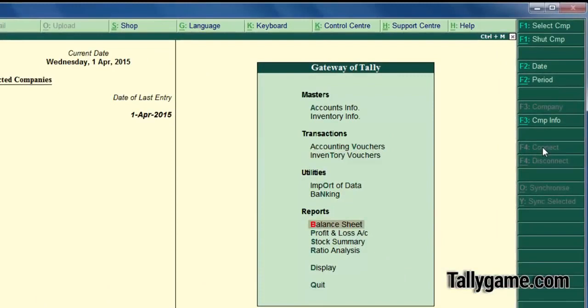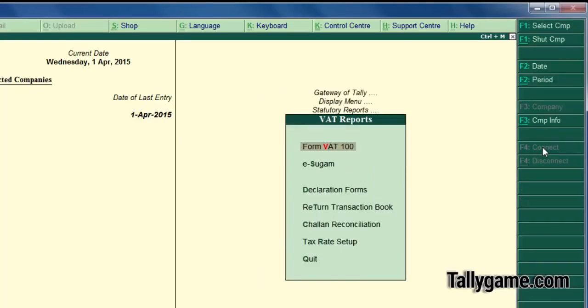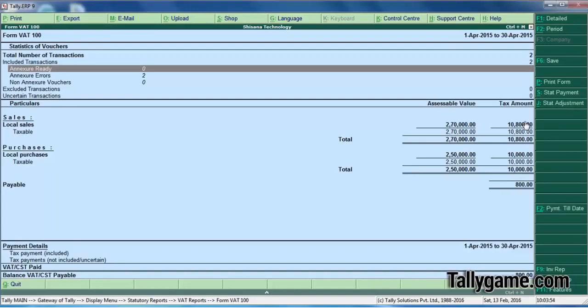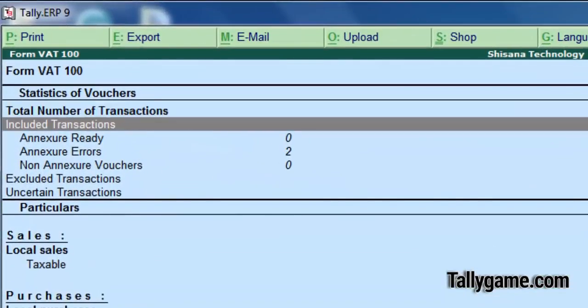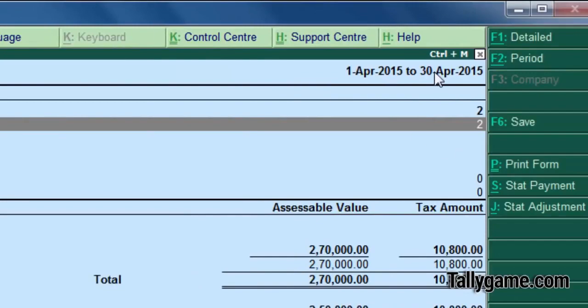So now we have entered the purchase transaction and sales transaction, and now let's see the VAT report. From the gateway of Tally, go to display, statutory report, VAT form 100. In this report you can see the total number of transactions for the period from 1st April to 30th April for the first month.